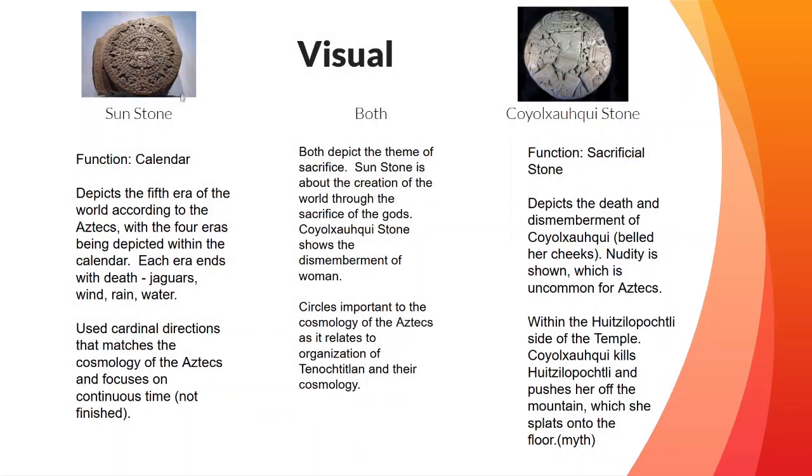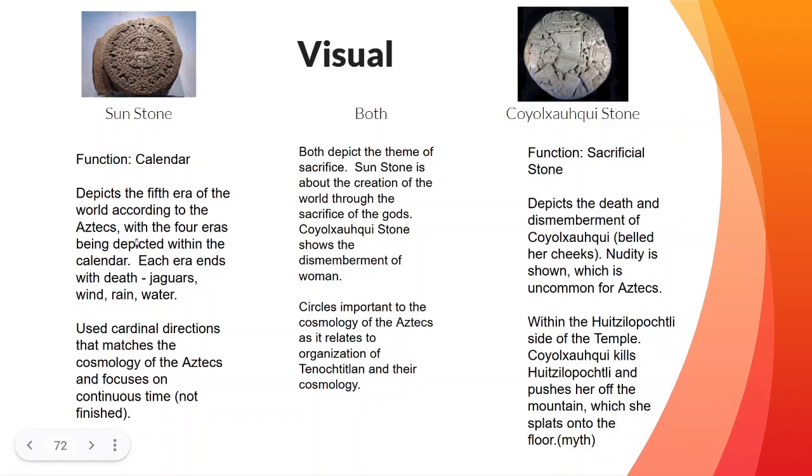Functions are very different. The function of the sunstone is, give or take, a calendar, more of a cosmological calendar than a follow-it calendar. And the Coyolxauhqui stone was a sacrificial stone, so the blood would have dripped onto the Coyolxauhqui stone, showing off that Huitzilopochtli's offerings are still kind of in the face of Coyolxauhqui. The sunstone